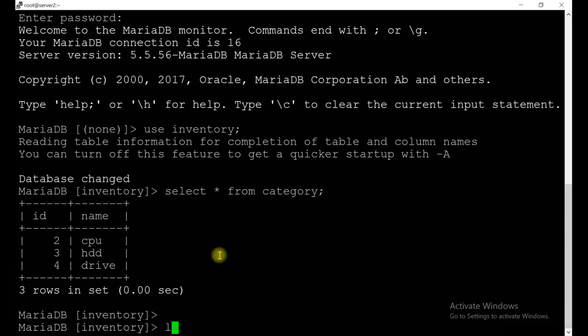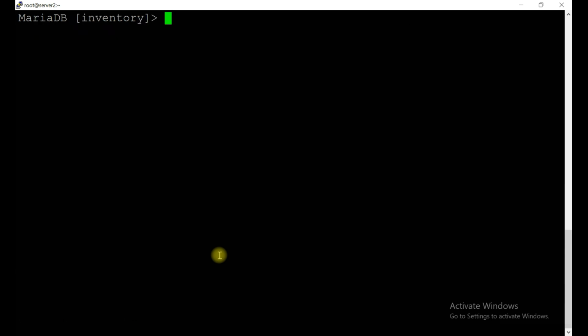Let's clear the screen and try to insert some data. Insert into category and enter the values: 5, anything, maybe network.